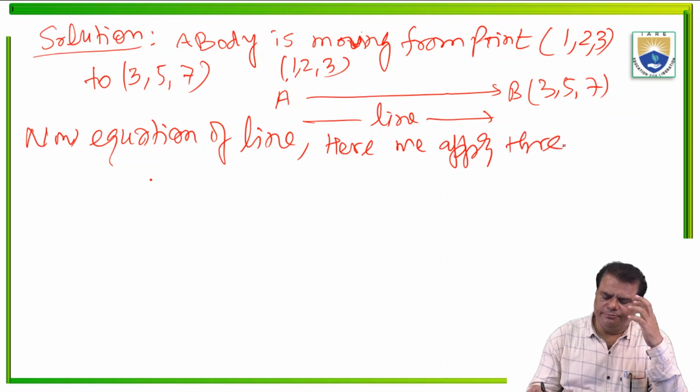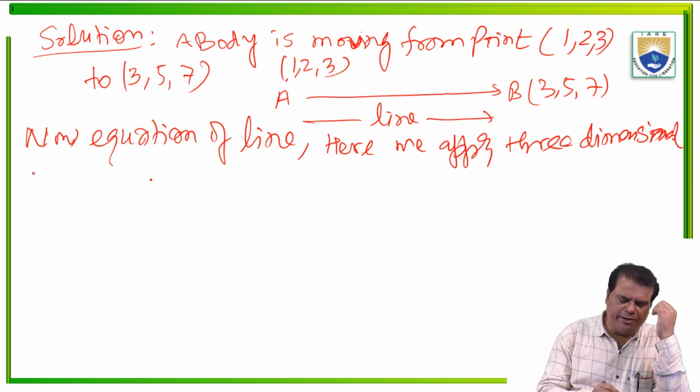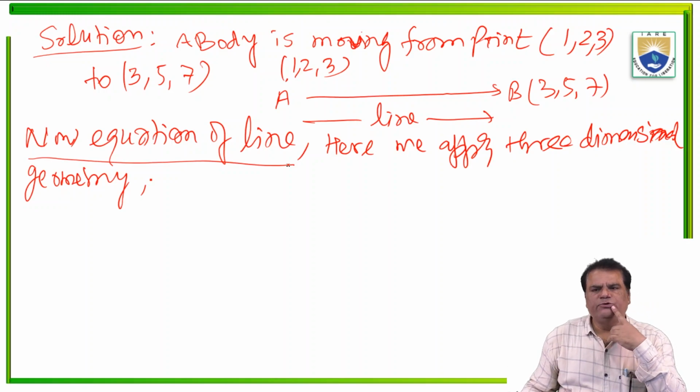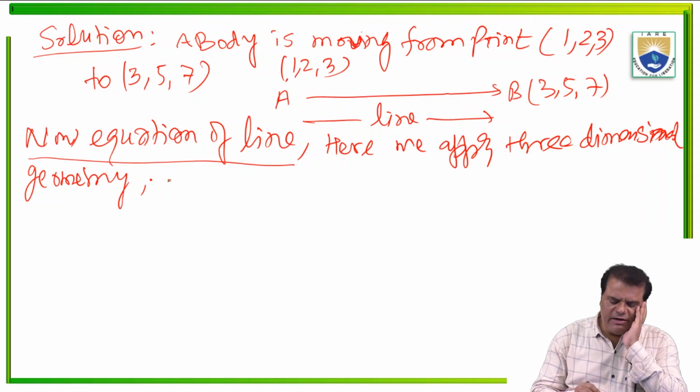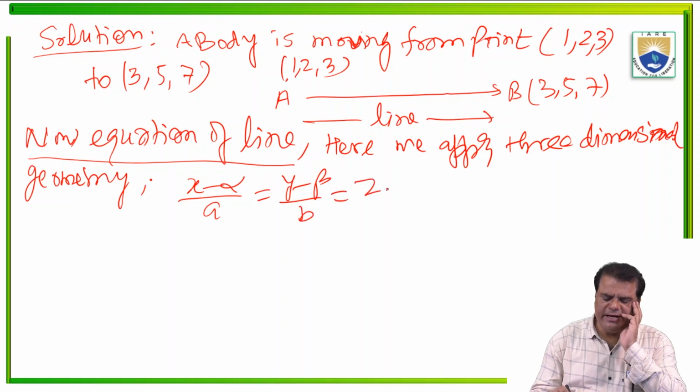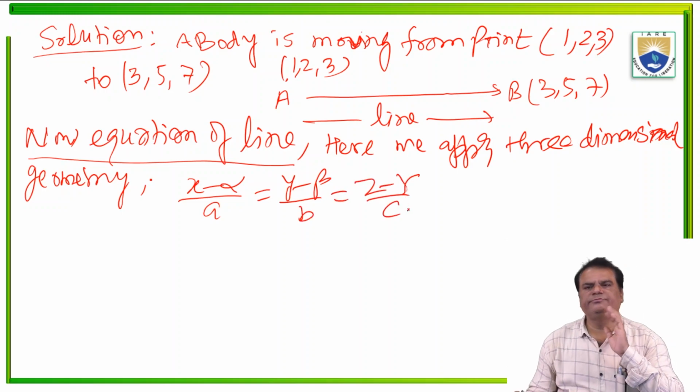So now, what is the equation of the line? The equation of the line is (x minus alpha) upon a, (y minus beta) upon b, and (z minus gamma) upon c,